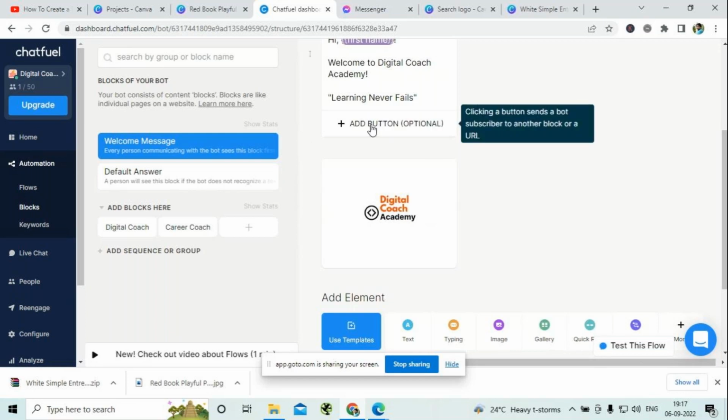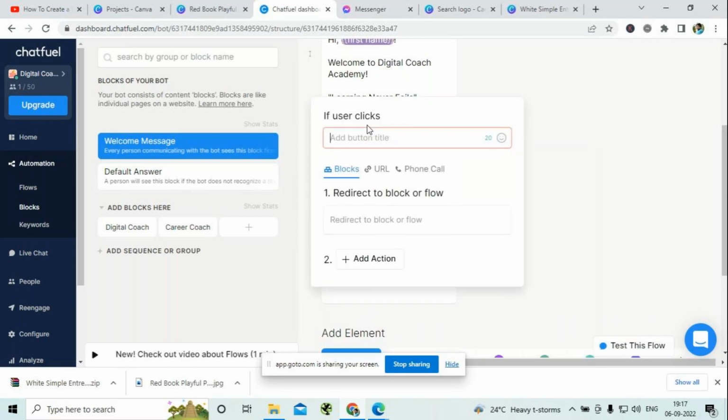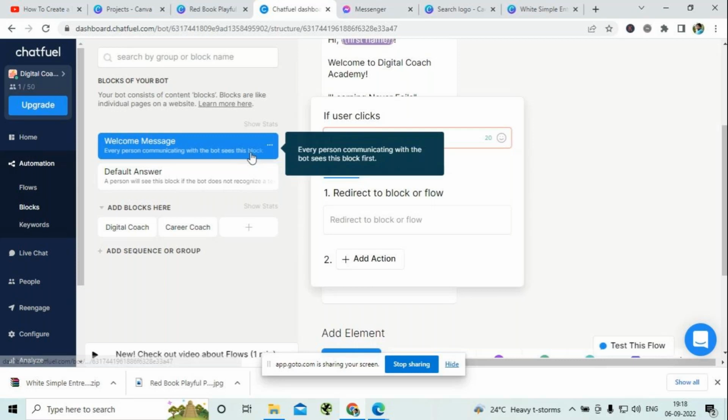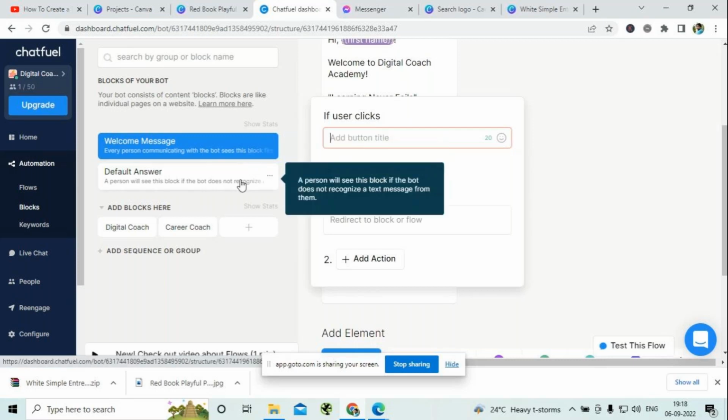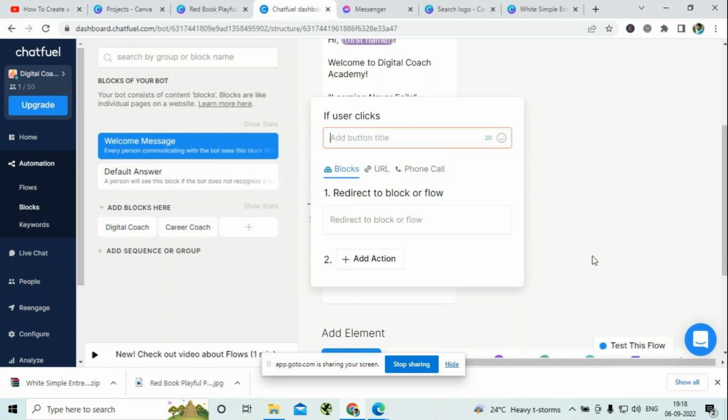There is an option called add button just below your text box. You can click on this and give a link between the welcome message and the default answer. So what should I give? Here I am going to give a name as click here. I'll make that person have an eye on this button option, so that they are going to click on that option,